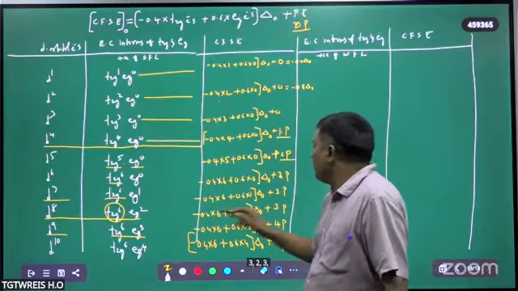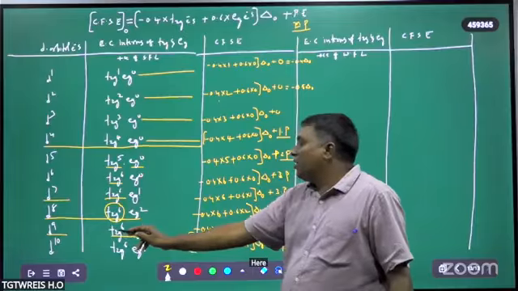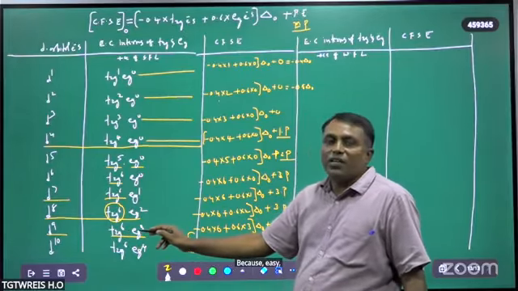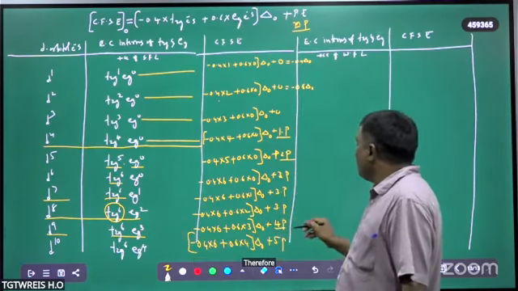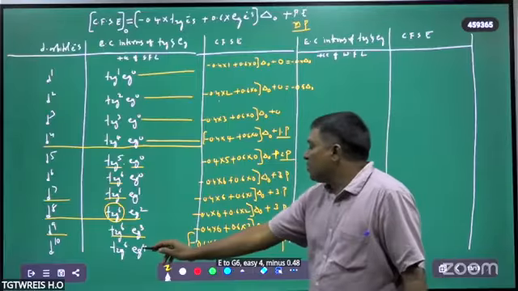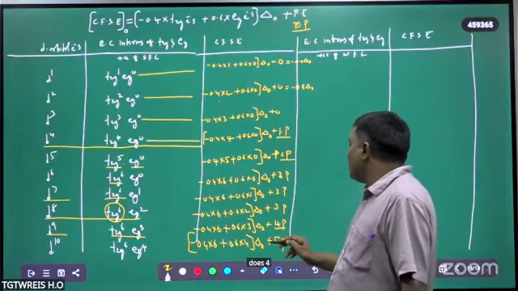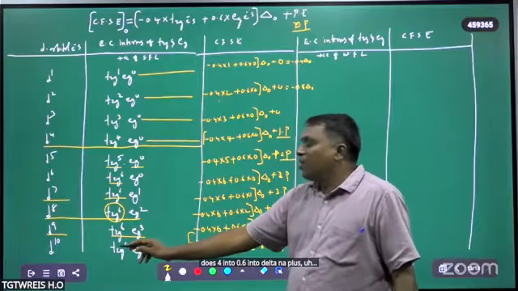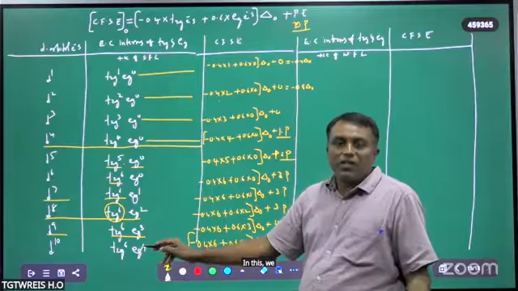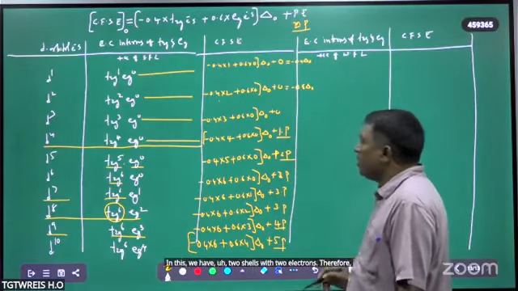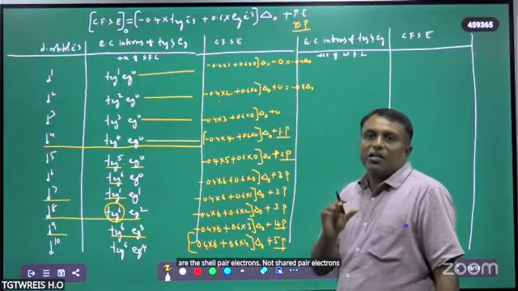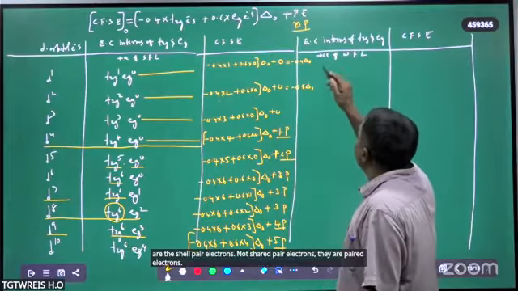Here also we have 3P. Here we have 3 in t2g and 1 in eg, because eg has 3 electrons. Therefore totally 4P. For d9 it is minus 0.4 into 6 plus 4 into 0.6 into delta naught, plus 4P. In this we have 3 orbitals with two electrons, and in this we have 2 orbitals with 2 electrons. Therefore totally 5 are the paired electrons. So next it is